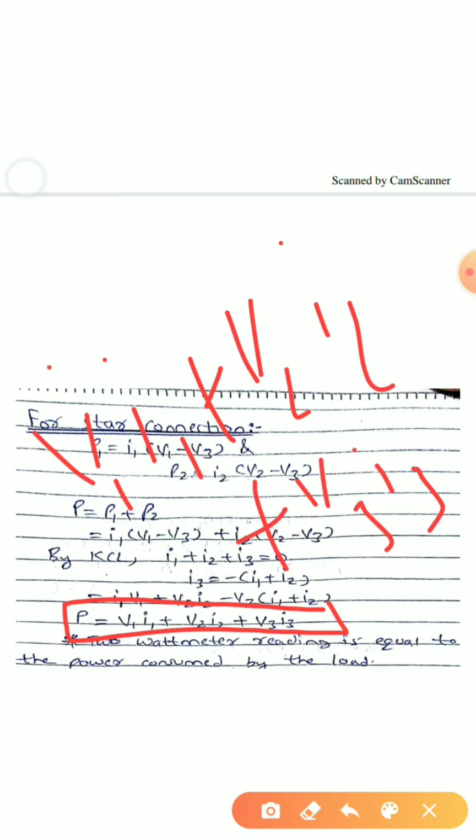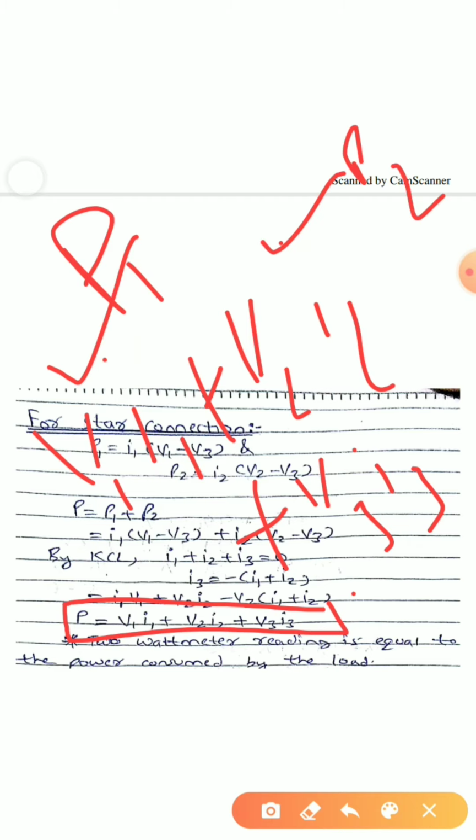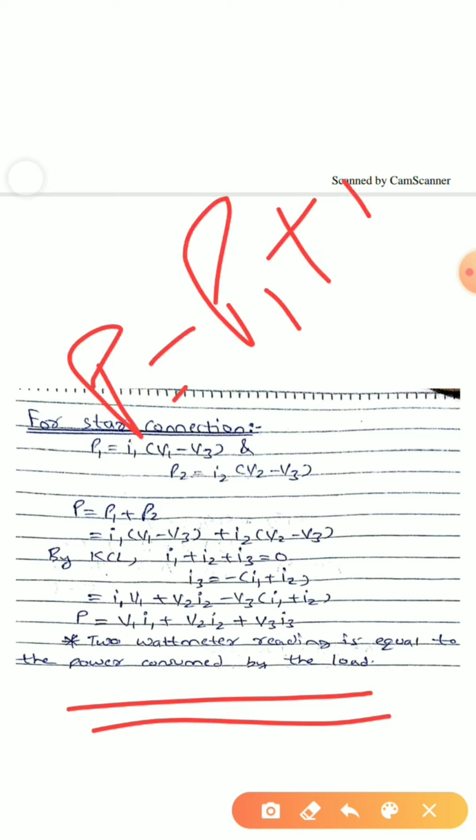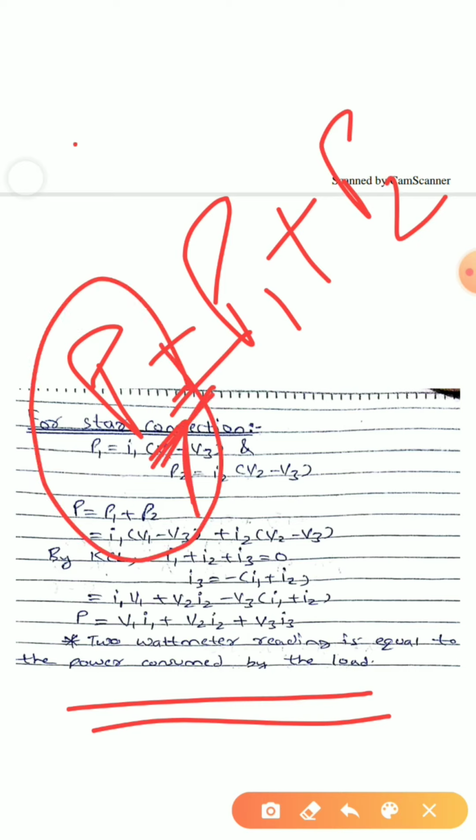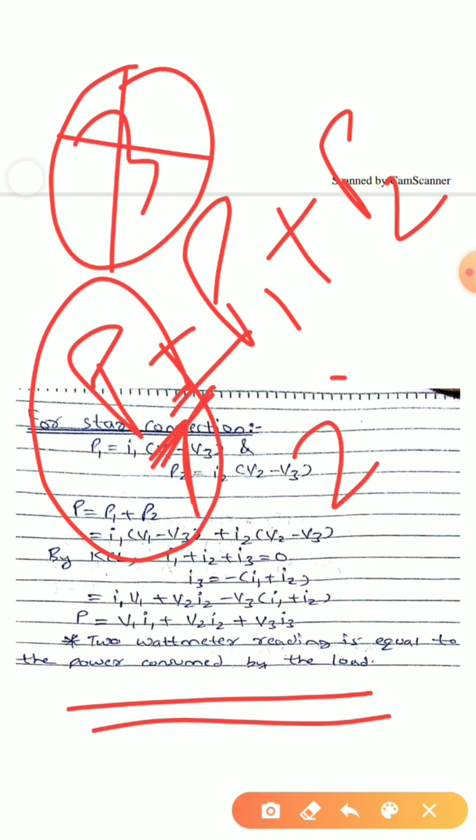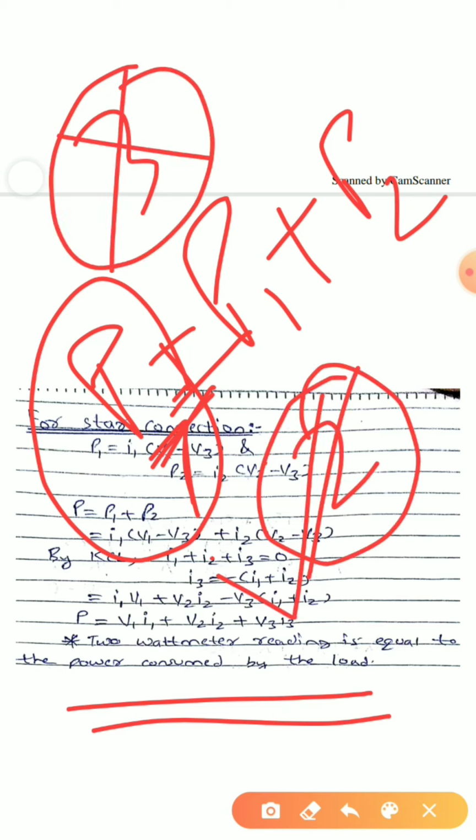So here it is clearly seen that the first phase power is considered, the second phase power is considered, and the third phase power is also considered. So from this we can clearly state that if I am using only 2 wattmeters, I will get the total power consumed because of the 3 phases. There is no need of using 3 wattmeters. By using only 2 wattmeters, I can clearly find out the power of a 3-phase supply.